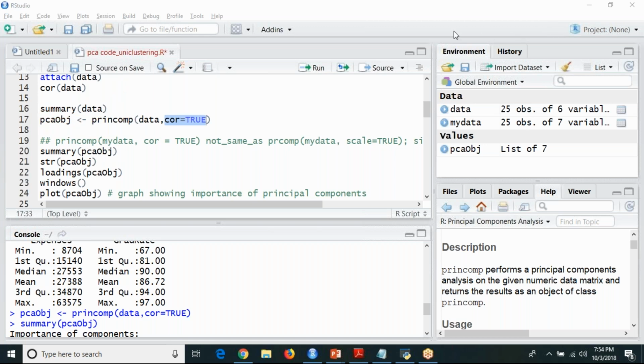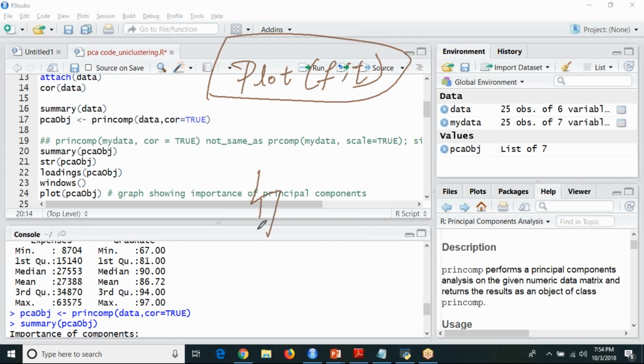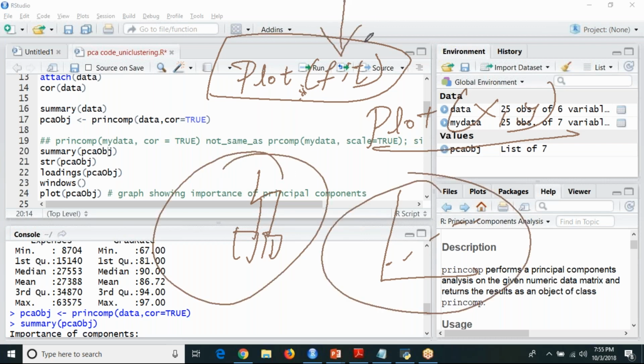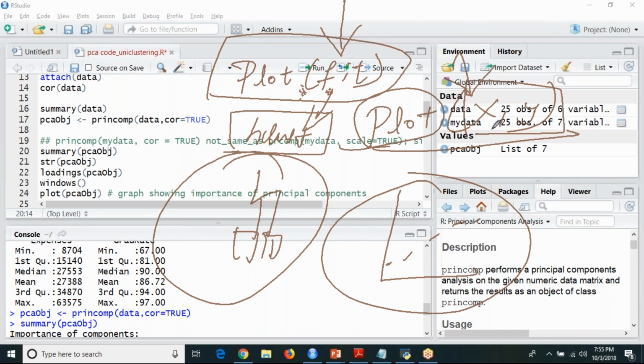Whatever parameter you are passing matters. In hierarchical clustering, I had passed plot of fit. So if I pass this, what did you get? You got your dendrogram, right? But if I use the plot function for a scatter plot also, I'll be using the same function, plot of x comma y, and you are going to get a scatter plot. But when I use plot of fit, I did not get a scatter plot, I got a dendrogram. So the parameter you are passing is more important than the function. Because fit is nothing but your hierarchical clustering algorithm name, but here it is your data set column names.